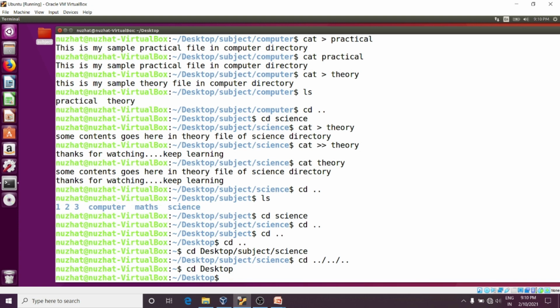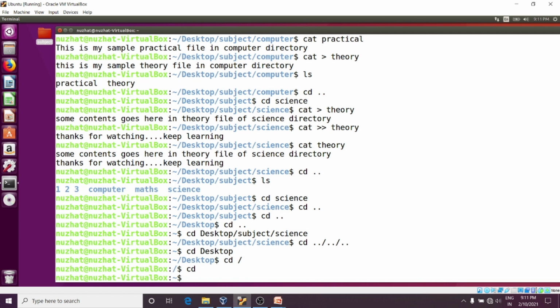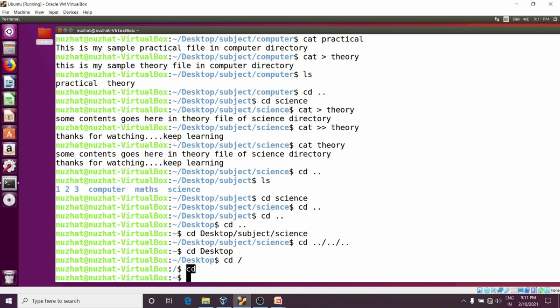If I want to move to the root directory directly from the current working directory, so here I will write cd space slash, and this slash represents the root directory. So right now we are located at the root directory. As you know, cd space tilde is used to change to the home directory from the current directory, or you can type cd with no space, no argument. Directly press enter. That also takes you to the home directory, as you can see here. So you can see that cd without any argument works the same as cd tilde.